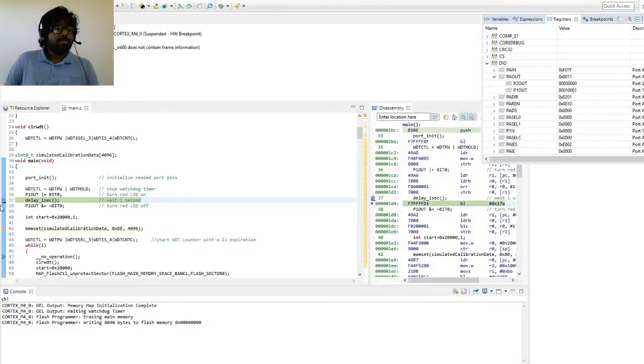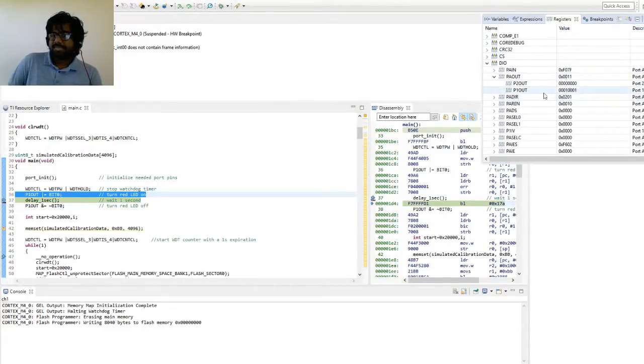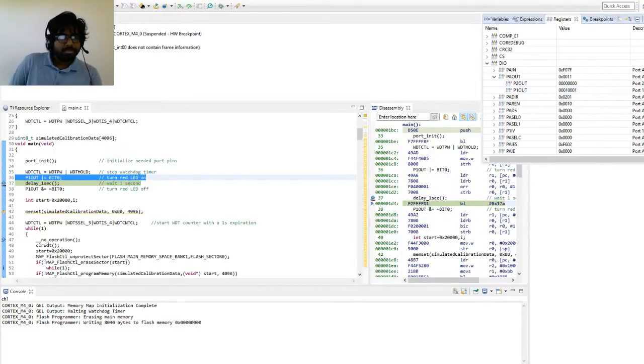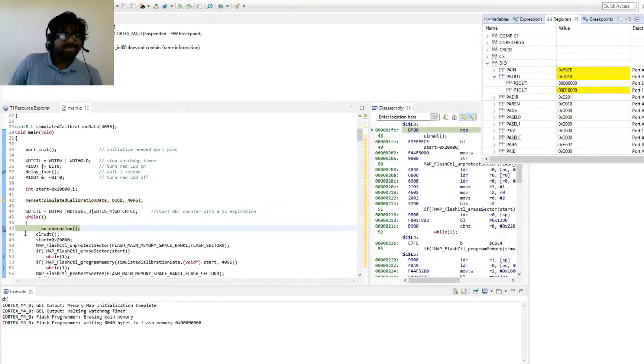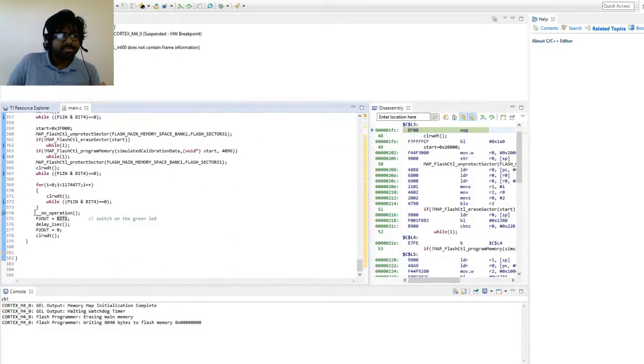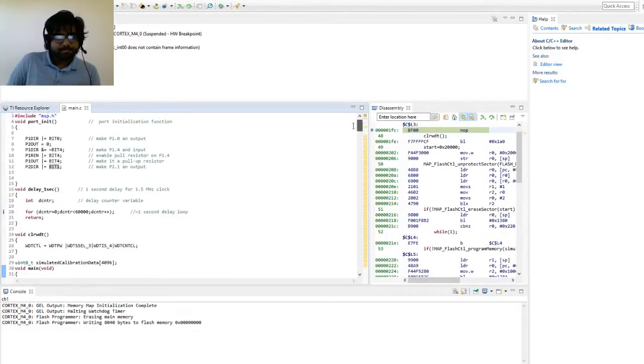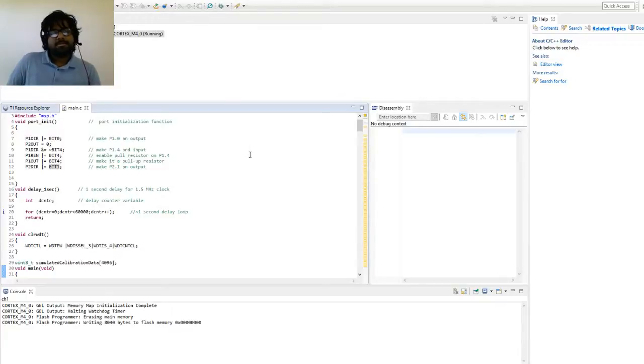Yes, the breakpoint is set here after we turn on the red LED, and with the registers view we can see that bit 0 is high, indicating that the red LED is currently on. Now the next breakpoint is set here, where we start writing to the flash memory, and the next breakpoint after this is set here after we finish writing to the flash memory and waiting is done. This is done to test whether the writing to the flash and waiting takes up 1 minute.